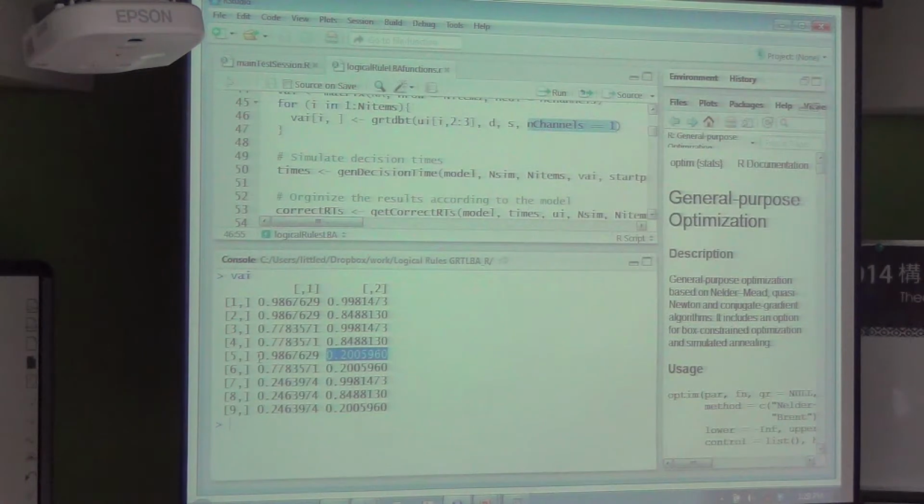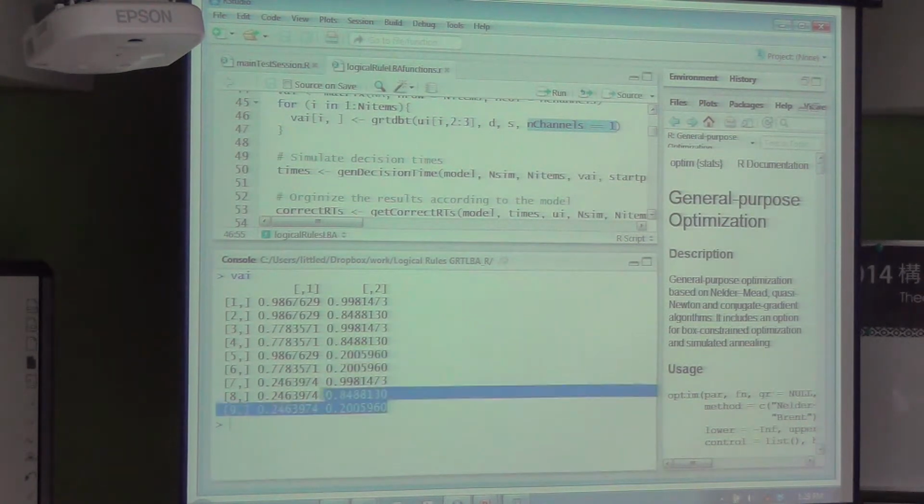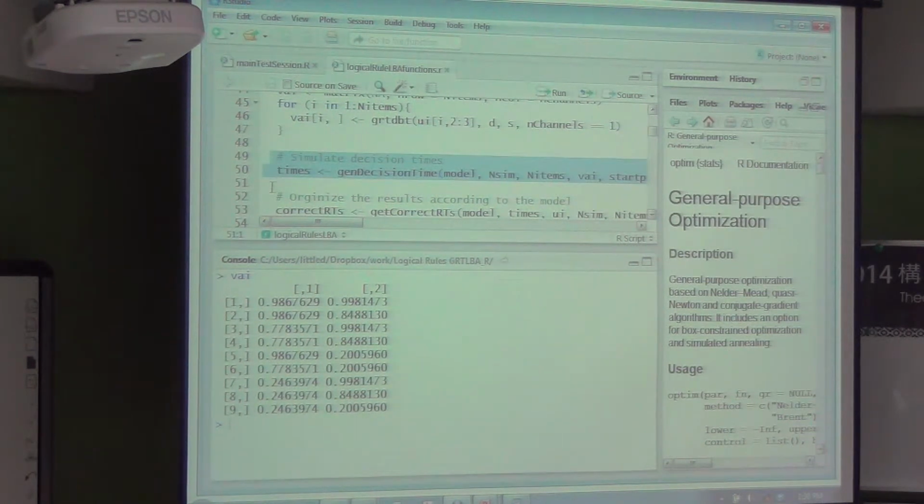So this is item 5, which satisfies the A rule on the X dimension, but not on the Y dimension, so it has a higher rate of accumulation on the X dimension and a rate of accumulation on the Y dimension which is pointing towards response B. And if we go all the way down to the redundant stimulus, stimulus 9, which satisfies the disjunctive rule on both of those boundaries, both dimensions have a higher rate of accumulation for response B than response A. Okay, so using that information, we can generate some decision times.